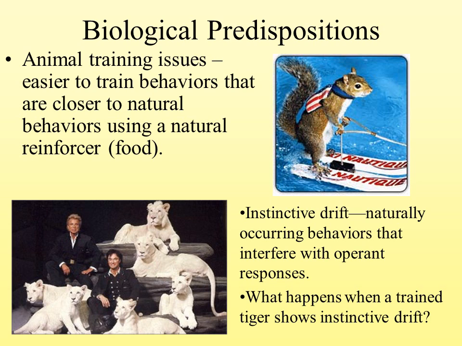And I think one of the most glaring examples, which I'm not even sure if you guys remember, but Siegfried and Roy had these wonderful, beautiful, amazing white tigers and this whole big show in Vegas. And they trained the animals to be their friends and all this stuff. Well, a tiger's natural thing is not to be friends with people and not to do tricks. And so you can listen or look up all the different explanations, but a lot of people theorize that what happened was instinctive drift. And so the tigers were trained to do things, but then they instinctively drifted back to